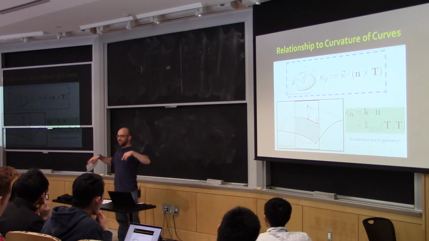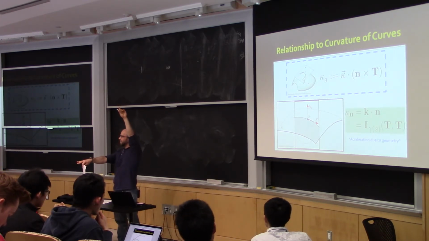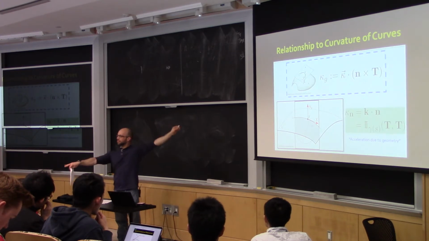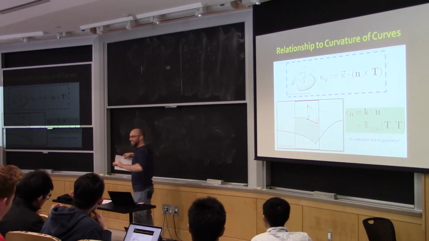Differentiate that other dot product, that the normal to the surface is orthogonal to the tangent of the curve. Yeah? I'm making these hand gestures as if you guys know which directions correspond to which, but in my mind it makes a lot of sense.